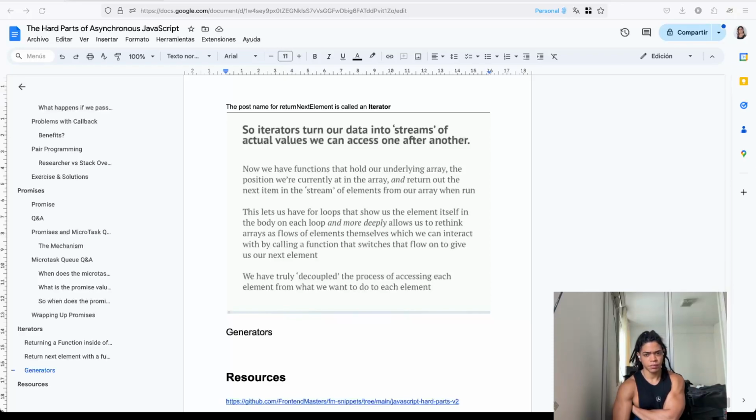It goes element one with a clear element here. Exactly, with a clear element here, and their value will be whatever is the return next